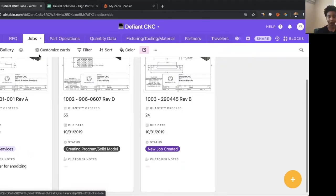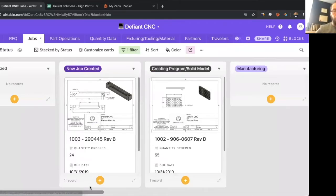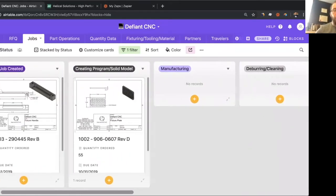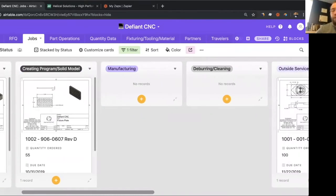We use Kanban view in order to move jobs through the production process. We have a new job that's created, then we have to create a program for it. It's called G code. It's a programming language that machines can understand. So we have to create a program for it, or a solid model. A solid model would be a 3D model. Like for 3D printing, you have to create a 3D model. So we have 3D models that we deal with,